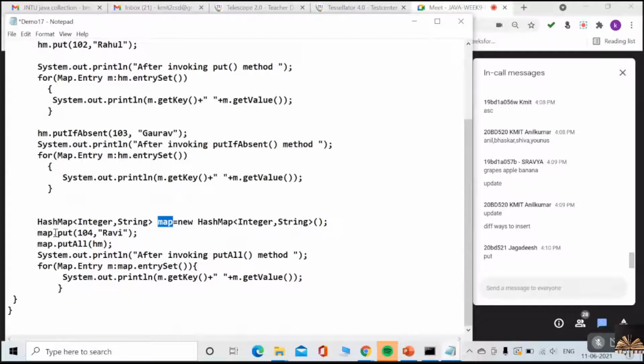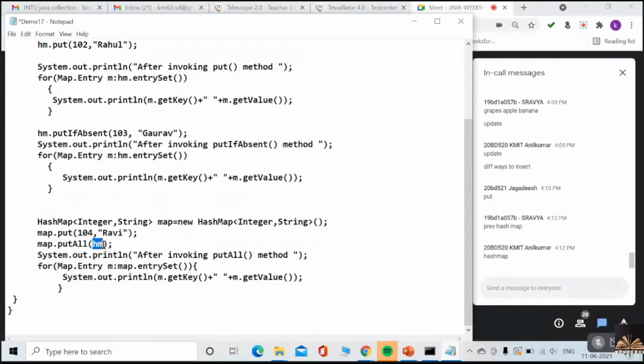If I use map.put 104 Ravi, and then putAll, and I'm passing HM, the previous hash map, the first hash map which we created.